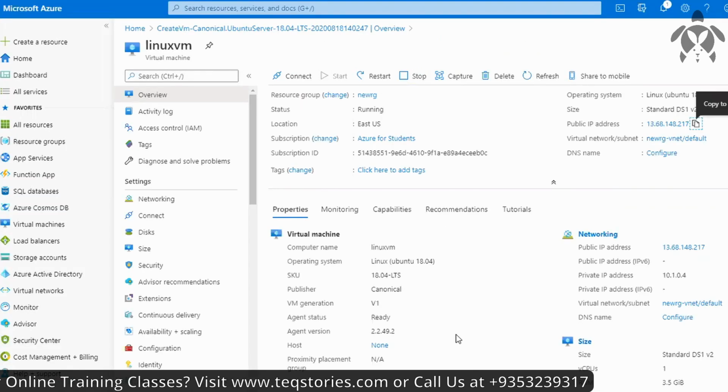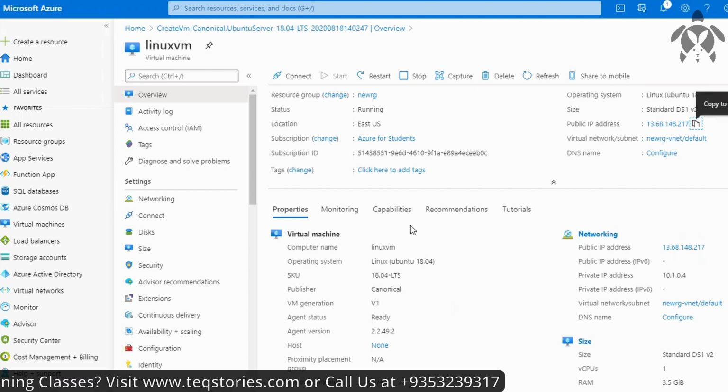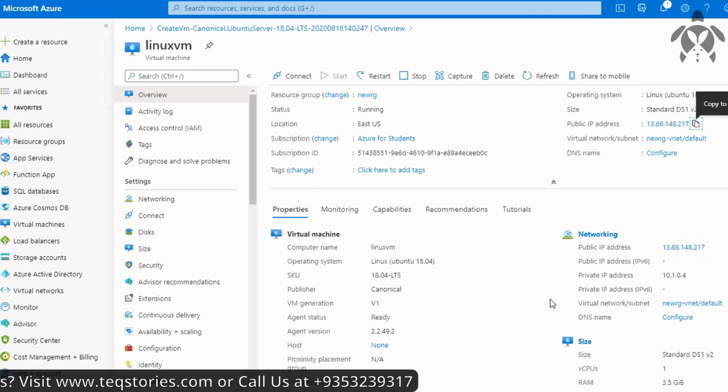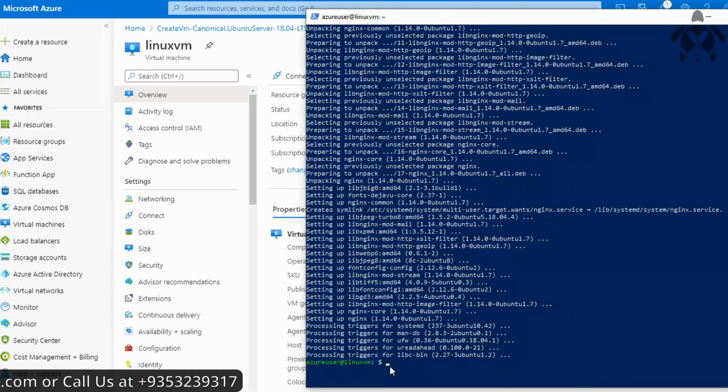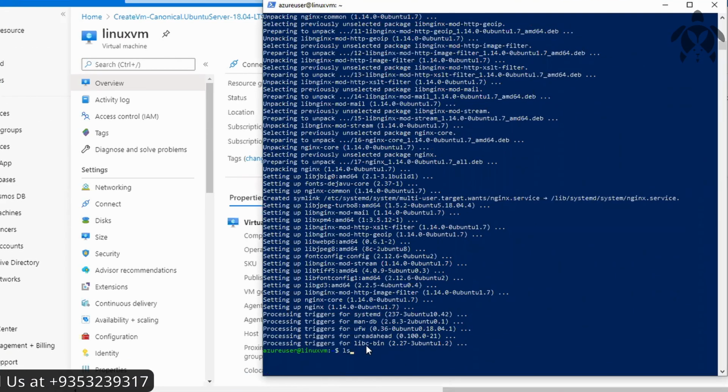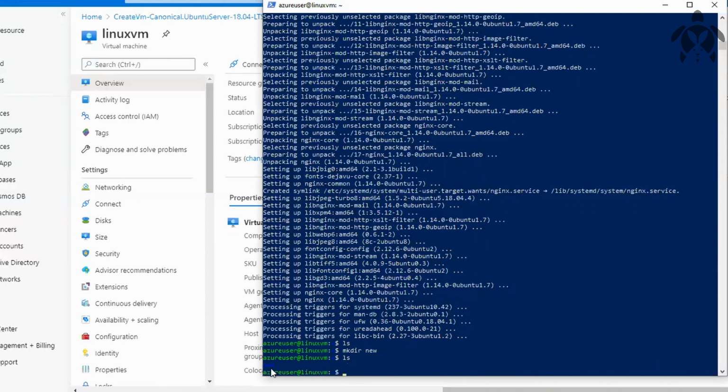So this is how you can create a virtual machine in Azure using Linux OS, and also you can log in with your private key file. And also, if you want to see what things are inside here, you can do ls. And if you want to make a directory, I'm gonna give a name here, I can also do that here. And if I type ls, you can see the name new is appearing here. Okay, these are things you can do with